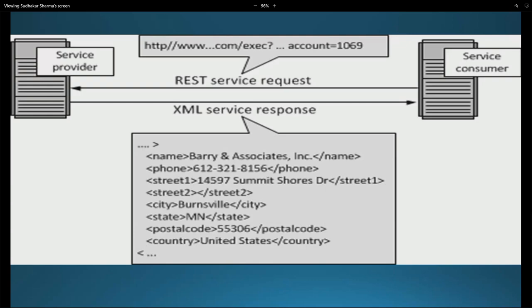For example, you are watching a weather report. I can watch the weather report even on a smartwatch. I can watch on my PC, on my mobile, on a tab. How can data reach a smartwatch, which is a low bandwidth device? Data should be able to reach there also. That is possible because of XML and JSON. This is the communication. So